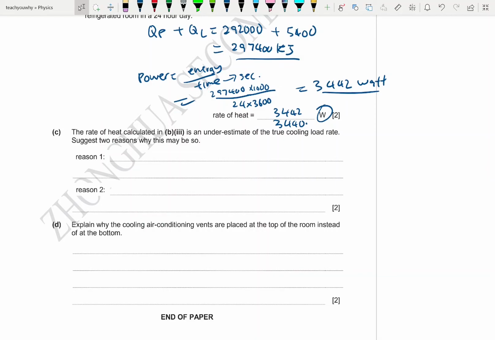The heat calculated in part B is an underestimate of the true cooling load rate. Suggest 2 reasons why this may be so. Why is it an underestimate? Reason number one is that there may be